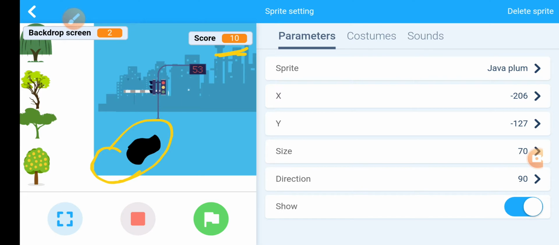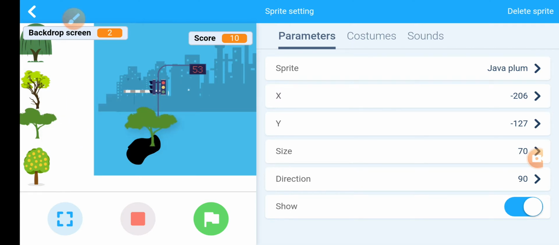Then on this screen you see industrial landscape. For industrial landscape, the right option is banyan tree. Still I have placed the wrong option.